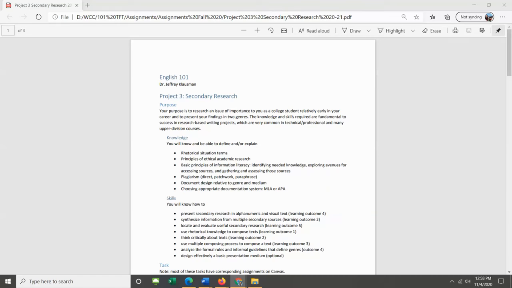Folks, so in this project, we're going to do some secondary research and present our findings in two different genres, an annotated bibliography and a presentation of some kind. We're not going to be writing a full paper. This is important because, as you remember from the beginning of the quarter, we want to become what I call